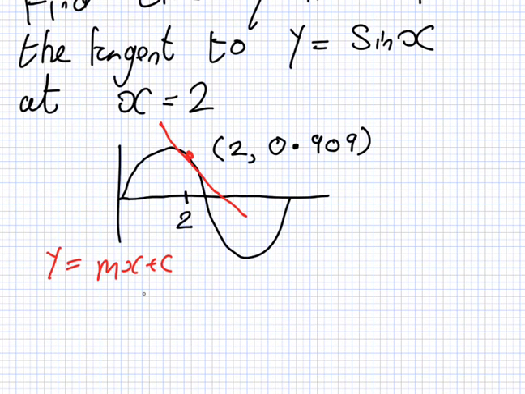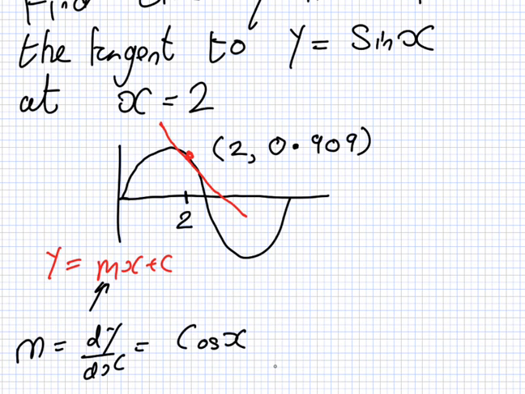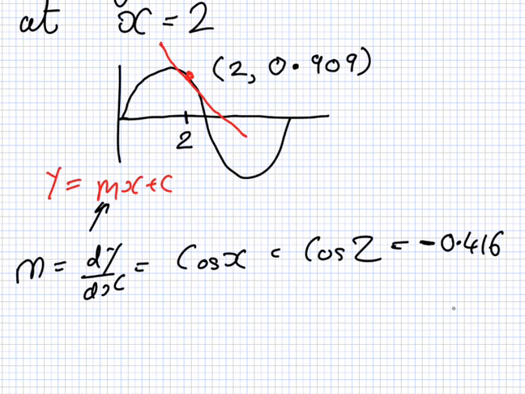Now, any ideas on how we can get the m? How can we find the m? Yeah, dy/dx. And what's the derivative of sine? Cos. And what is cos 2? What is it, minus 0.416, yeah? So we now have y equals